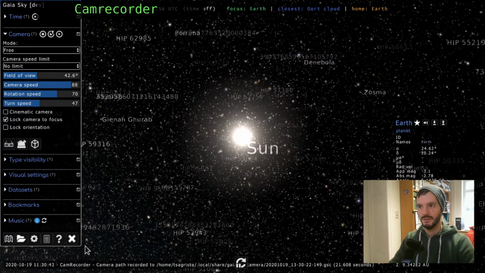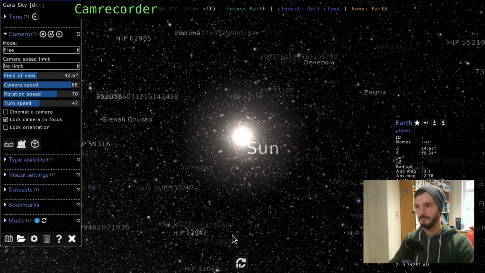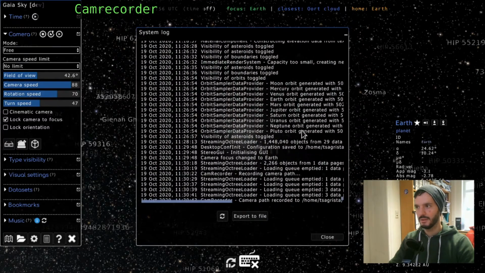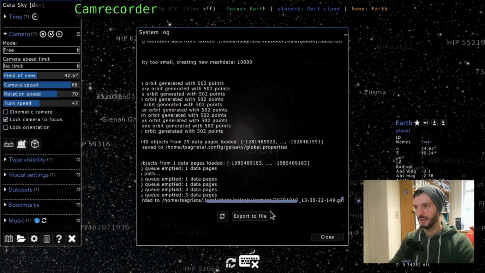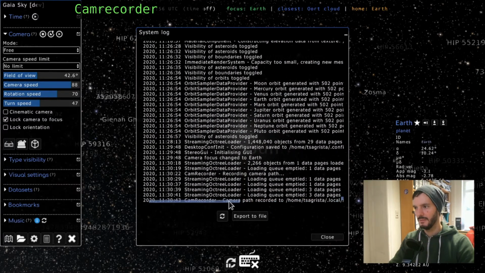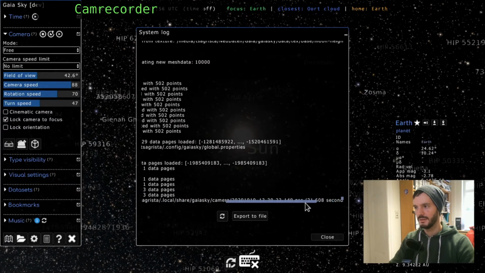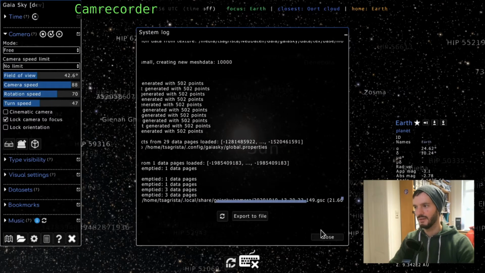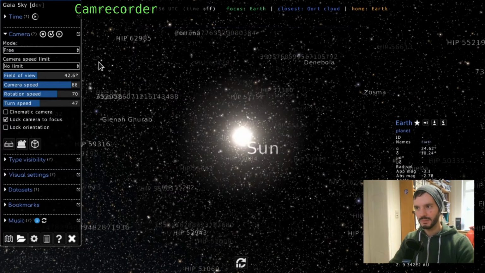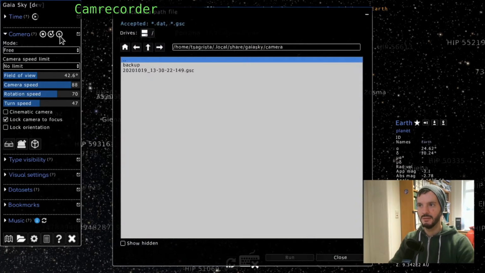So now if you can see here at the bottom it says camera path recorded to this location. Now it disappeared, but you can always have a look at it here at the bottom. So that's the location where your camera path is saved. This is a regular text file with the extension GSC. This is Gaia Sky camera. And if we want to access this camera path file, we can press this play button,